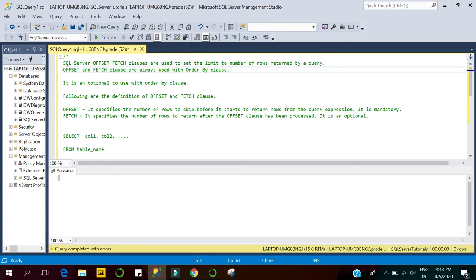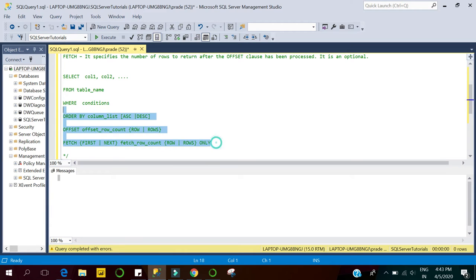So here is the syntax for offset and fetch clauses with a select statement. Here is the basic select statement. Here we have used the order by clause and specified either ascending or descending order to sort the result set. Then we have used offset, where we pass the value.